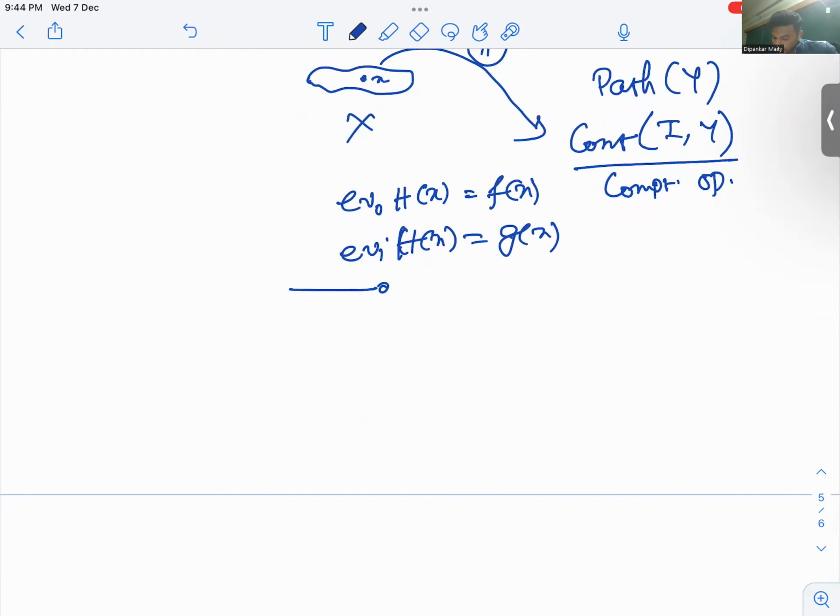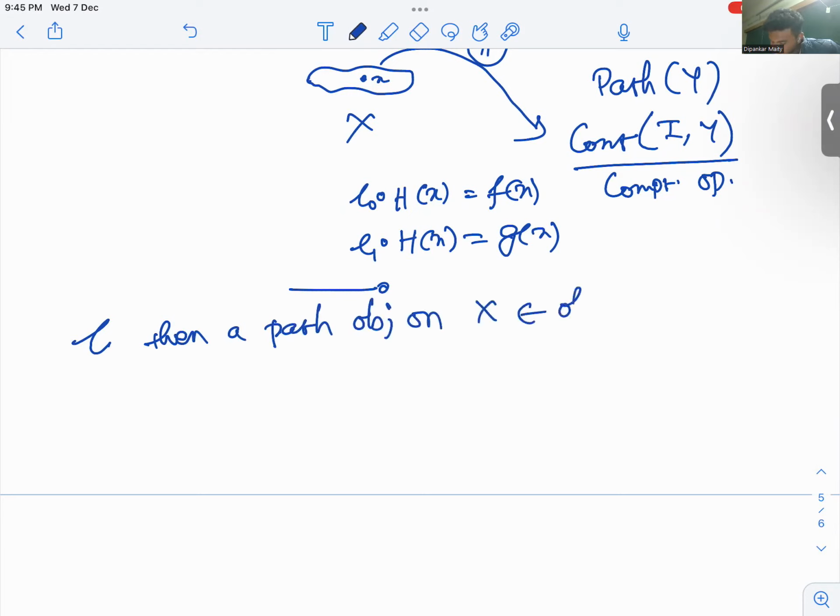Instead of calling this EV1 and EV0, let me call this L0 and this L1, just to shorten the notation. So if you have an abstract category C, then a path object on X, which is an object in C,